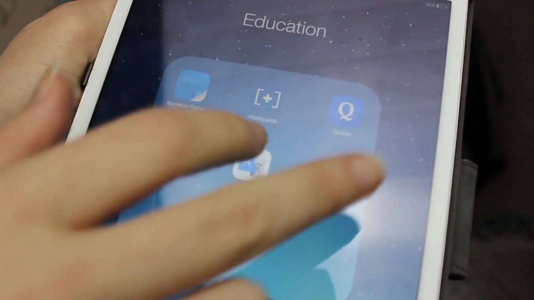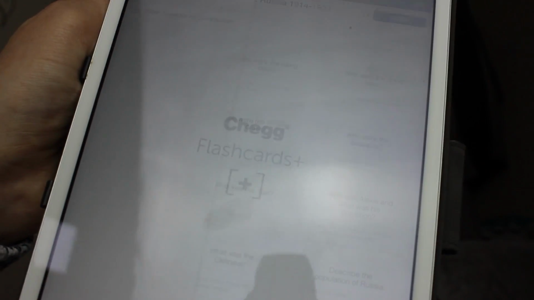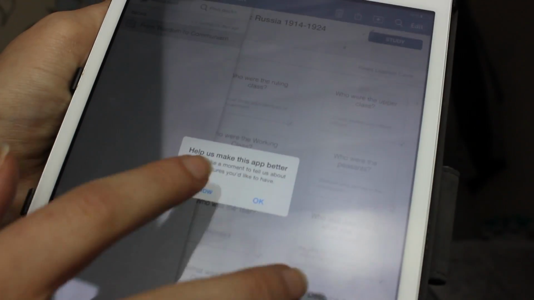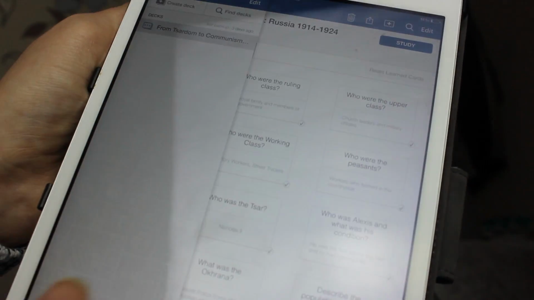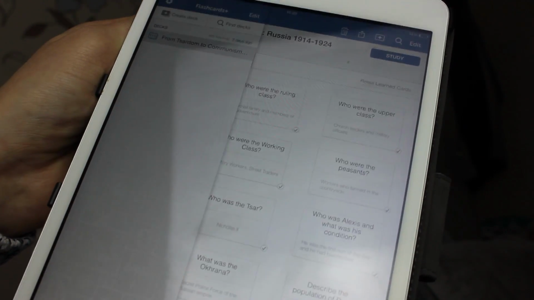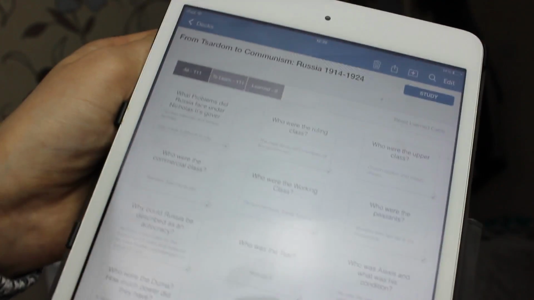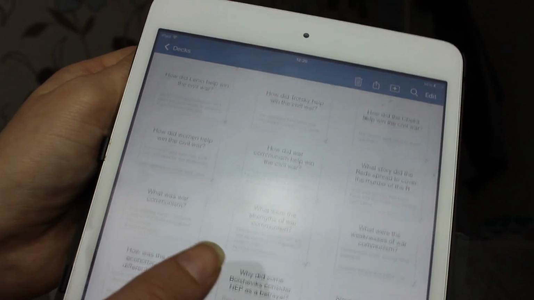These are the 2 that I use the most. So first of all, I have Flashcards, and Flashcards is just a flashcard app, obviously, because I prefer to use flashcards on my iPad than I do on paper, because I can take them everywhere with me. And for example, I have my history notes, and what I did is I wrote the flashcards on here,